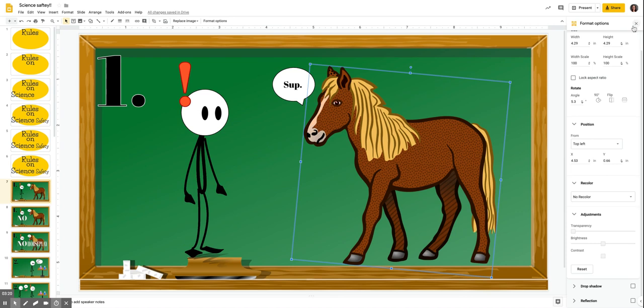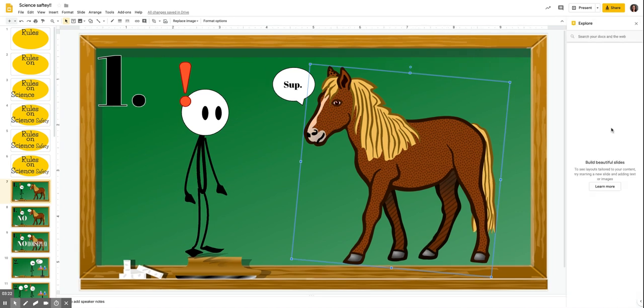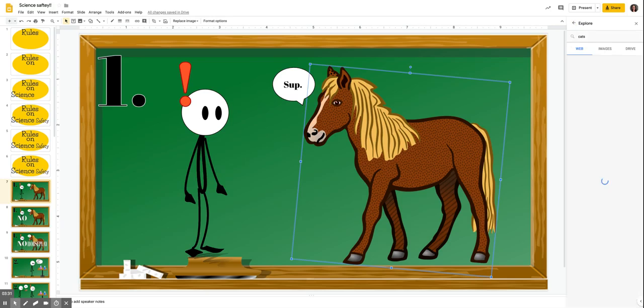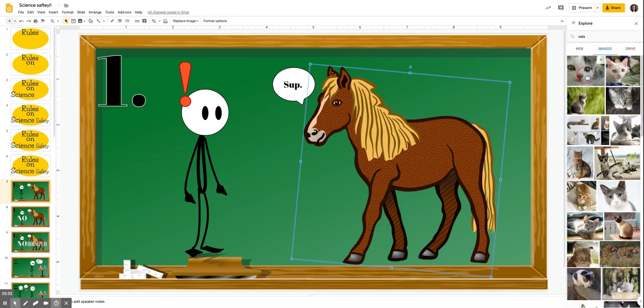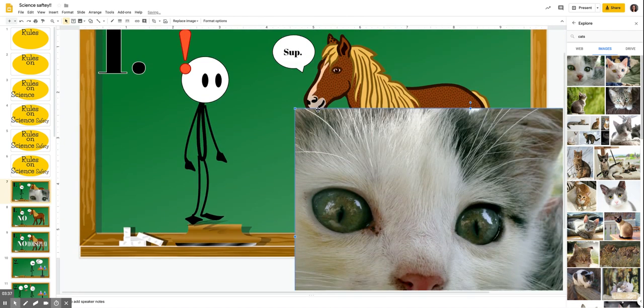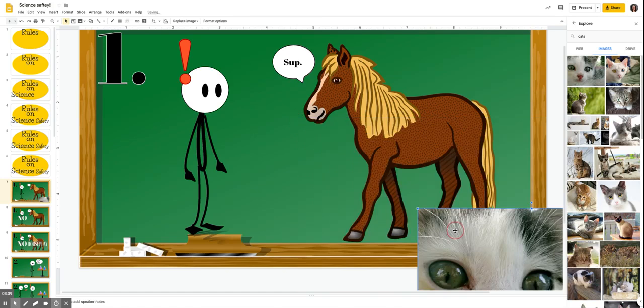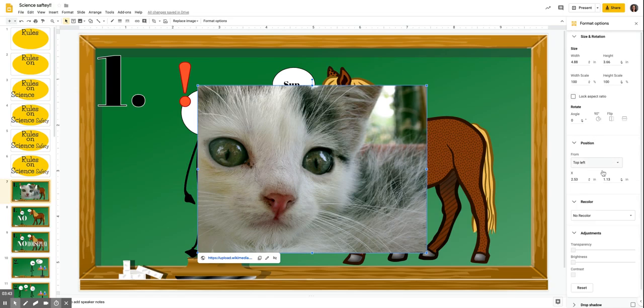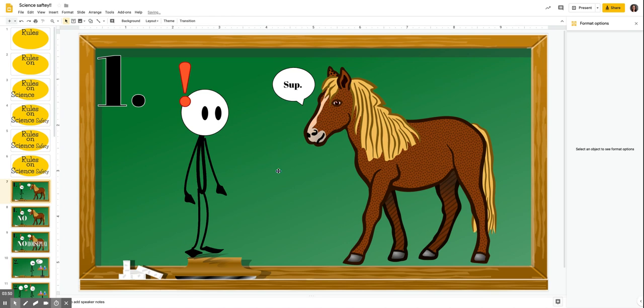The Explore tool, a lot of the students use to find their images. So they'll use the Explore tool. They can type in cat if that's what they're learning about. Go to images, and then they can just drag and place their image right on there. I always remind students it has to be blue in order for you to have the format options. And here we might be able to see the recolor. I can make this cat pretty much any color I wanted to,